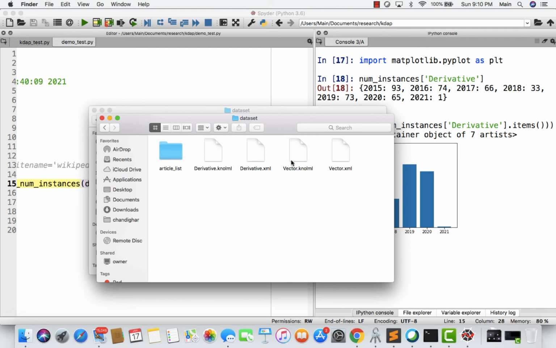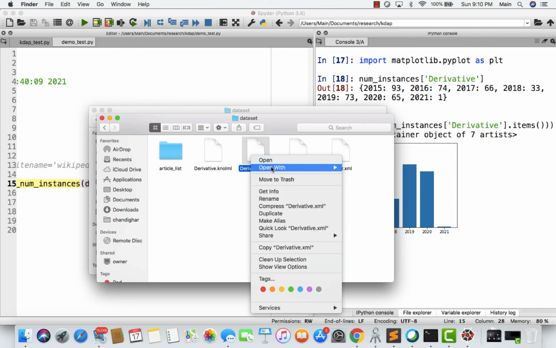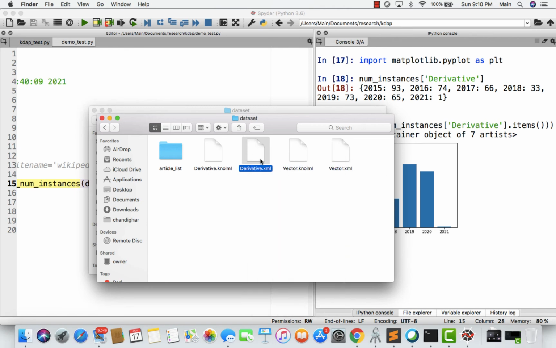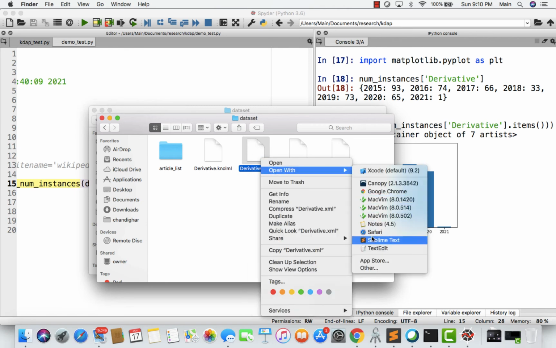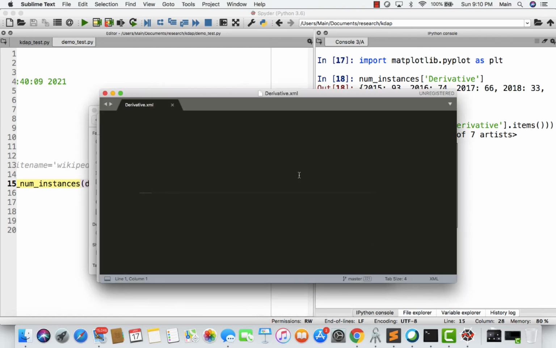See, if you just look at the data set of, let's say, the derivative XML which we downloaded through the Wikipedia server, first of all, the data set is huge, and sometimes it can go up to 6 gigabytes.